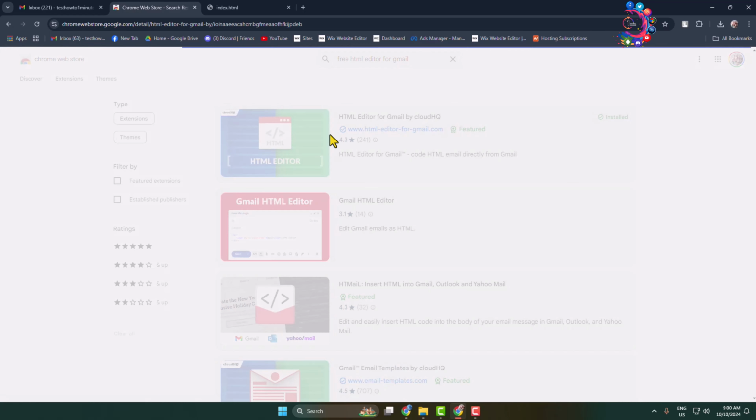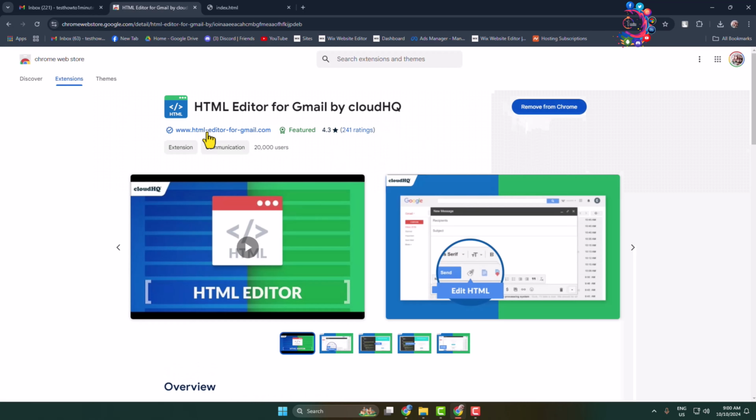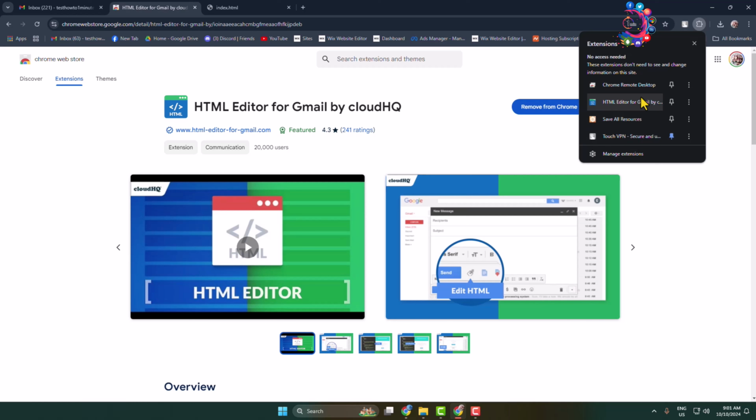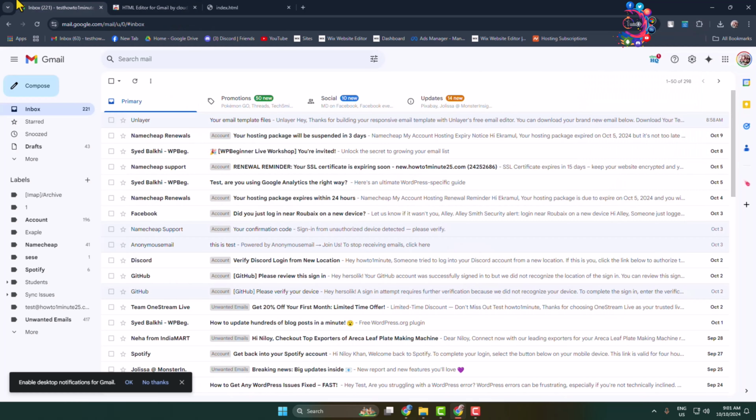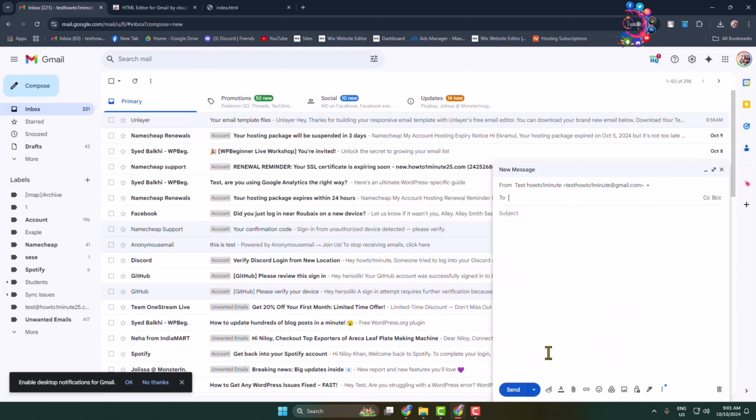So install and make sure to add this extension to your browser. Now click on this puzzle icon, and here you have to pin this extension. Now go back to your Gmail and let's compose a new mail. And now here through the extension you will find this option, edit as HTML. Click on this icon,